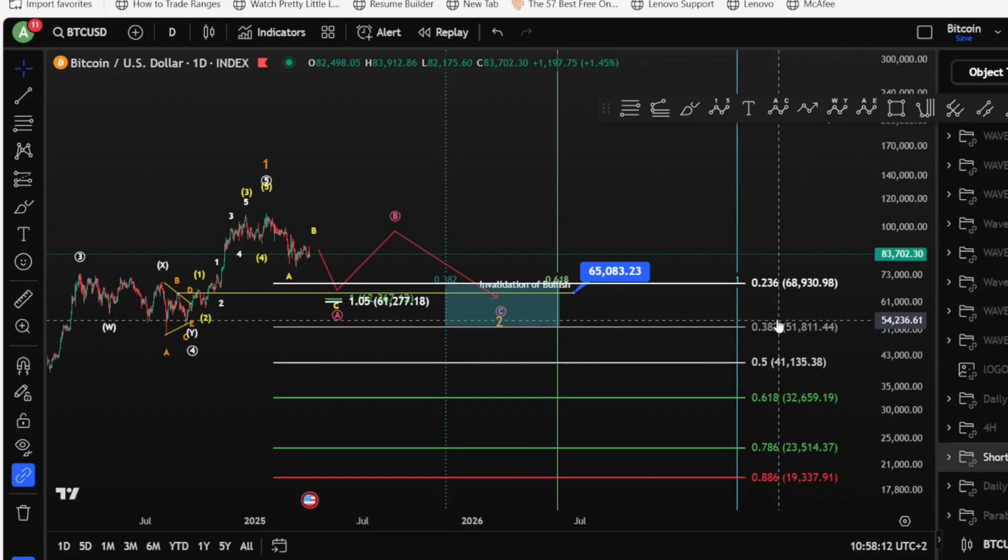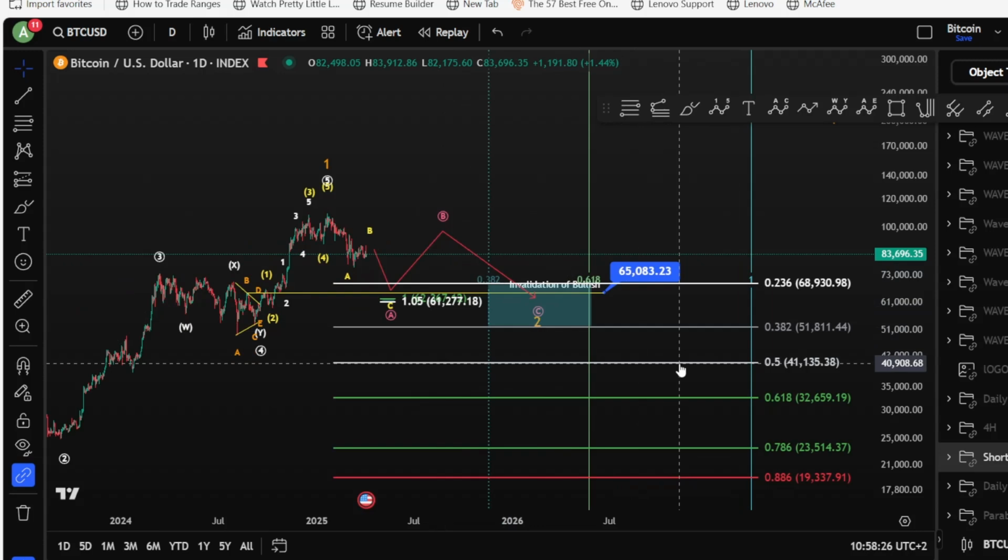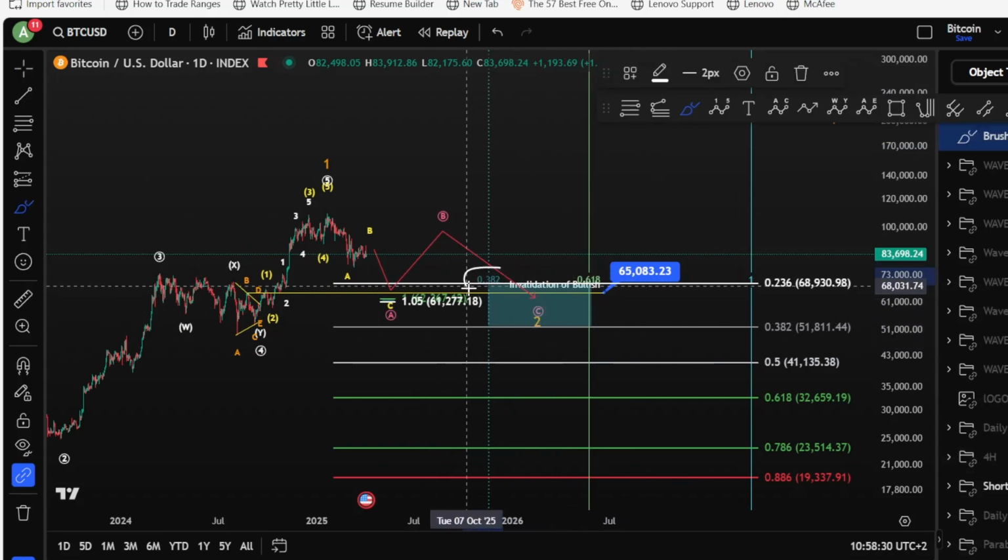Don't forget that on the logarithmic chart, the 0.38 for Bitcoin is very probably one that we don't touch. Only on the logarithmic chart, of course. But yeah, basically some time is required to reach the wave 2, which is the minimum requirement